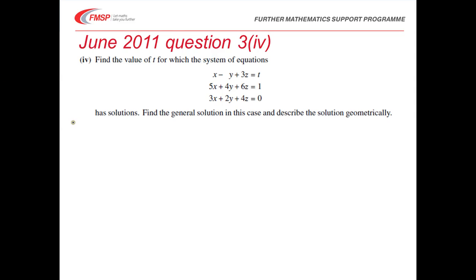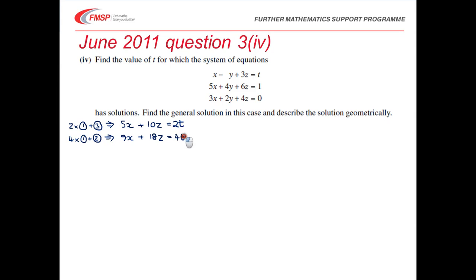So here we go. 2 times the first equation plus the third equation gives us 5 lots of x, no y's, 10 lots of z, equaling 2t. And 4 times the first equation plus the second equation will also eliminate y and give us 9x plus 18z